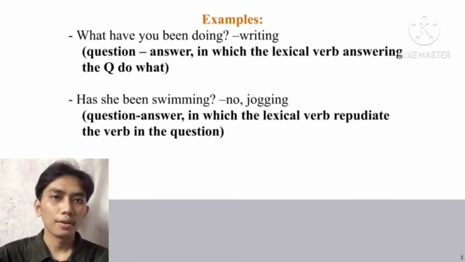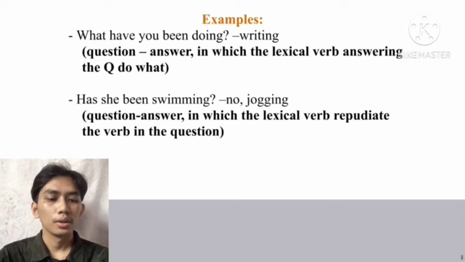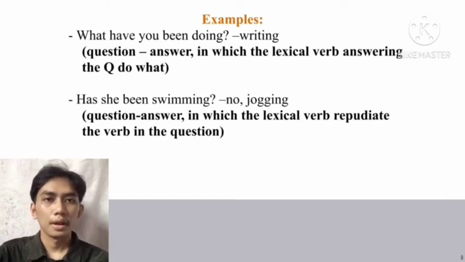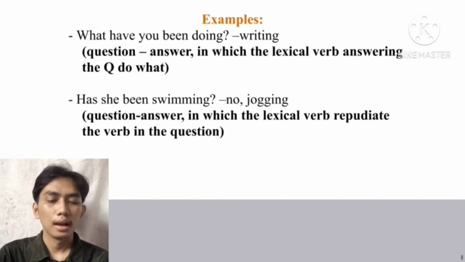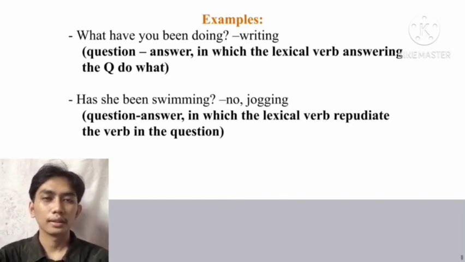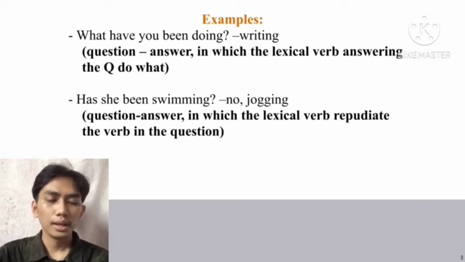This is the first type of question answer of this kind, which is the lexical verb. They are answering the question doing what, and here is writing. We have another example: has she been swimming? No, jogging. This answer is the kind that repudiates the verb into another verb in the question,